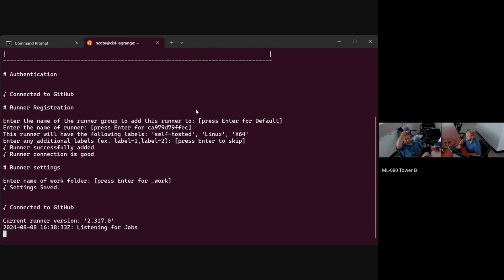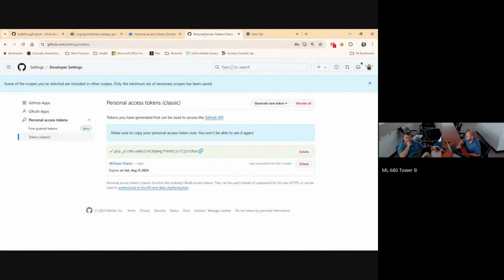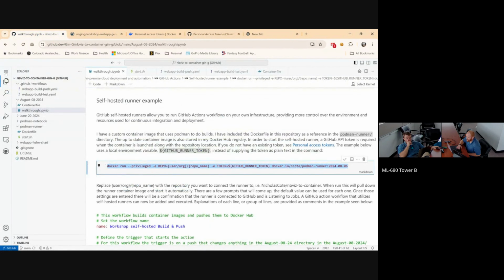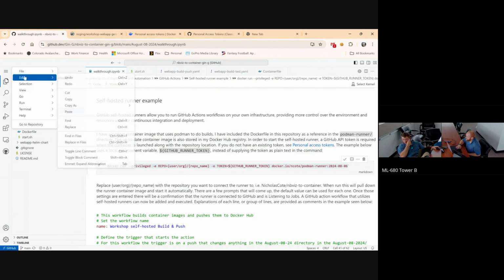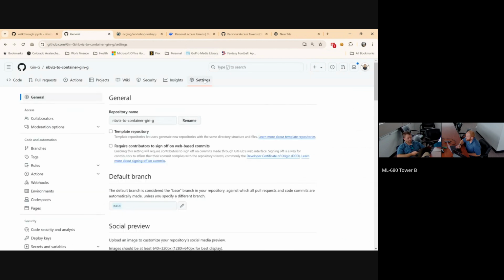So if I switch back over to my browser, and go back into the repository settings where we were looking at the runner instructions on how to install a runner. Here, so I'm going to go back over into the IDE. I navigated away from the repository, so I'm going to go into the little burger menu and go to the repository to open that up. Now, if I go over to settings and down to actions and runners again,